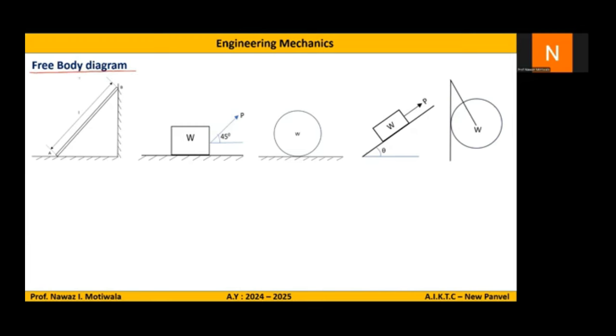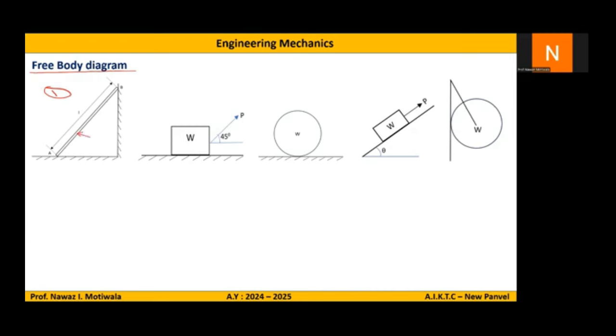So let us first try to understand what we mean by free body diagram and how to draw it. What are the forces to be shown under the free body diagram? The first thing is, what do we mean by a free body diagram? Basically, a free body diagram is when you draw a body relieving or removing all the supports from which it is supported. For example, in figure number 1, this particular ladder